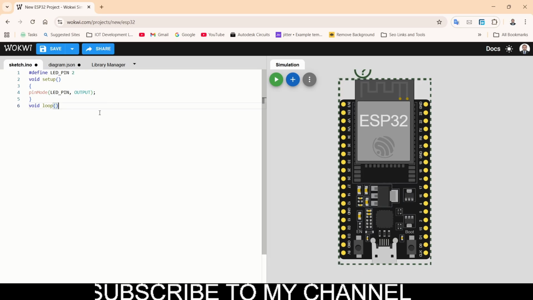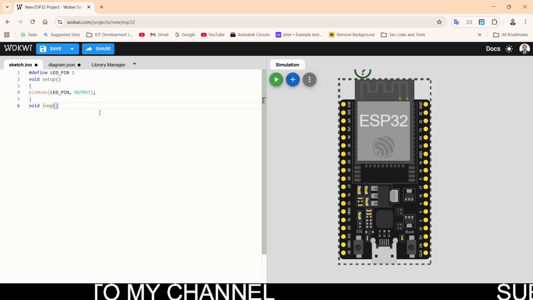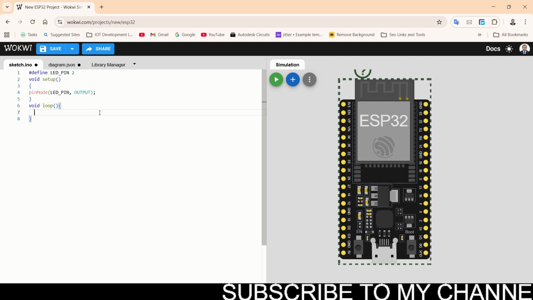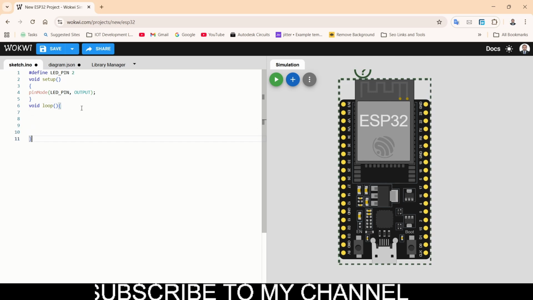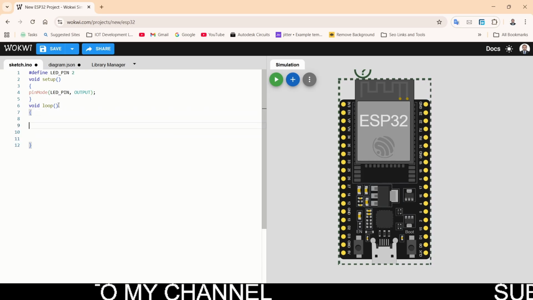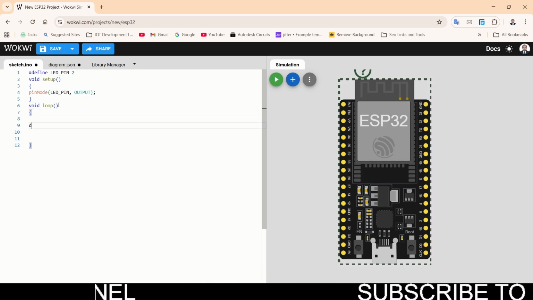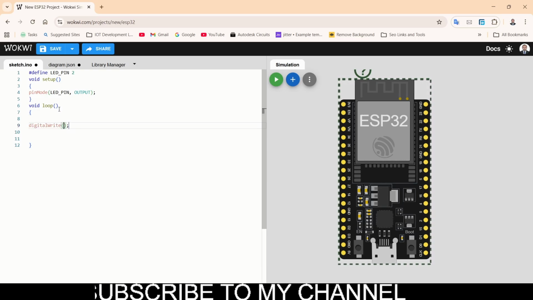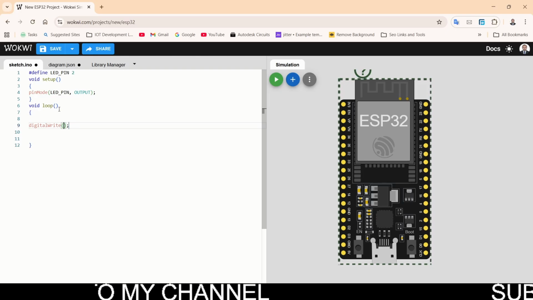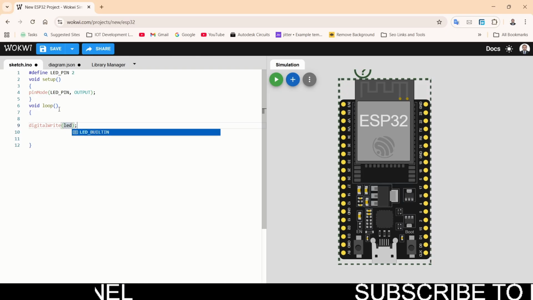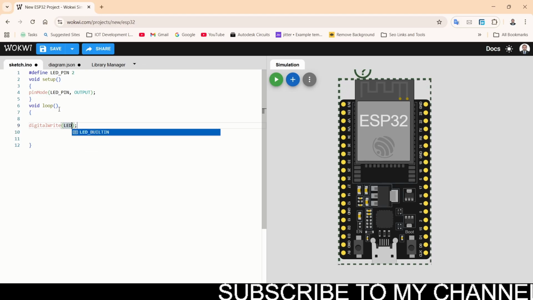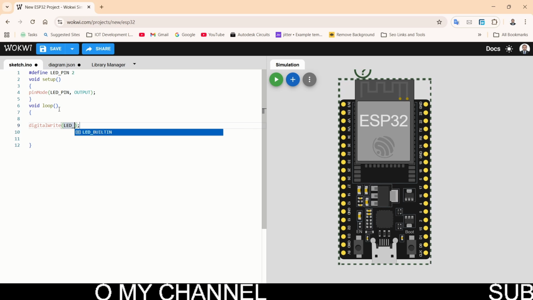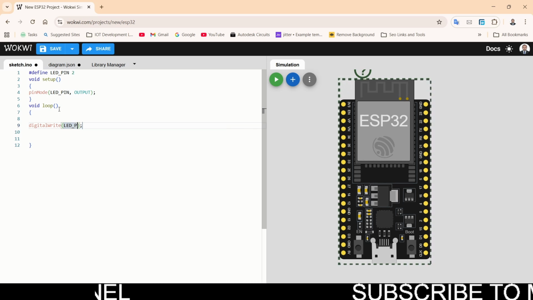So I will start the curly brackets and start and end, but I will write everything in it, or you can just also bring that one down, okay. So here I will write digitalWrite. You have to write digitalWrite, and here what we are going to do is type LED underscore pin,